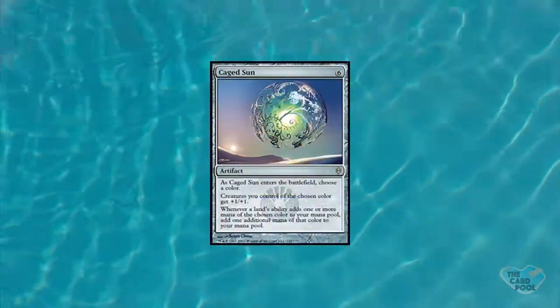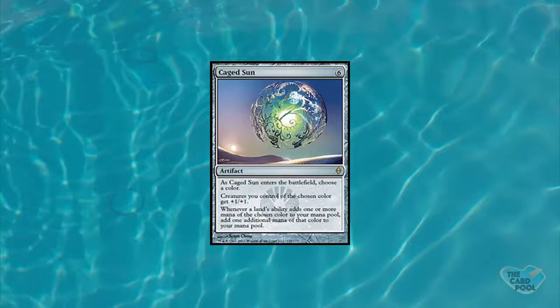So, Kyle, you're number 2? Is it as cool as this? Oh, I think it is. But again, this is one of those in-your-face type cards. Number 2 for me is going to be Caged Sun. Now, for those of you who are not super familiar with this card, it is